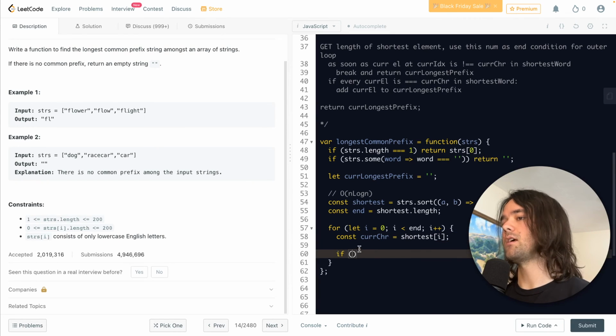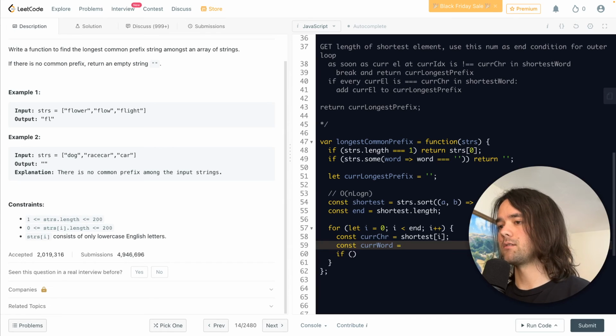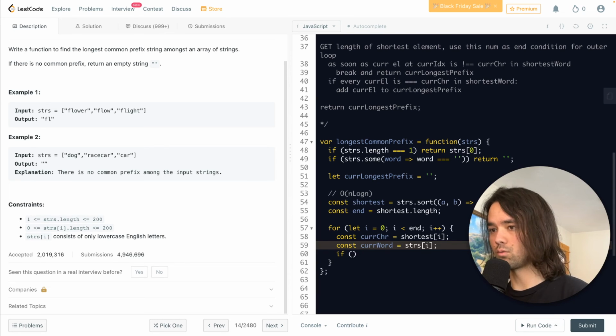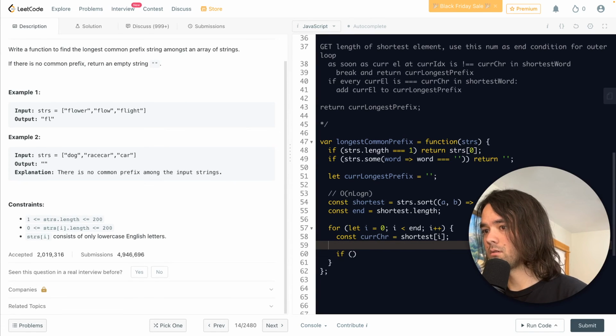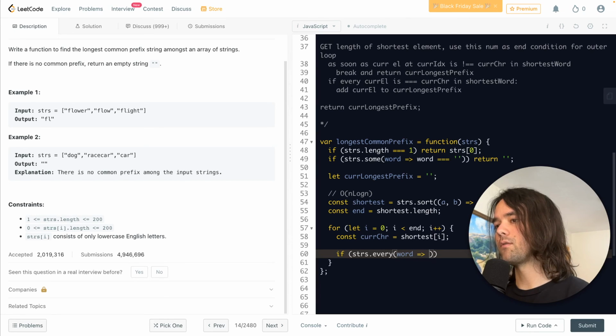No, we don't want to do that yet. So if every word, okay, here it is. If every word in strings at the specific index is equal to the current character in shortest, then we want to return true. So if every character in the word at that index is equal to the current character,